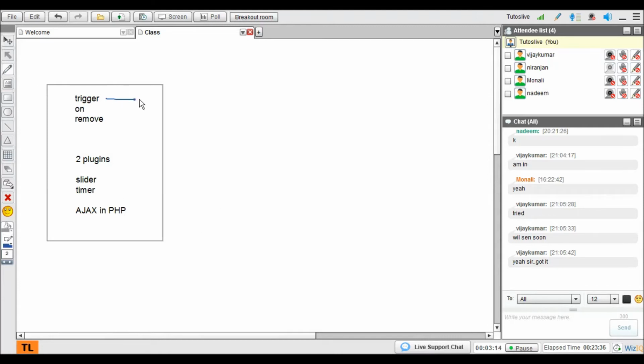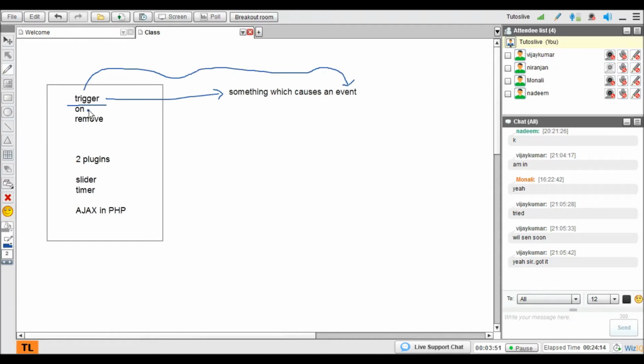What is trigger? You know the jQuery syntax, you know how to write it, right? The actual meaning of trigger is something which causes an event, right? That's what trigger is in general. In jQuery it's the same meaning. Trigger means, when I do some action, please trigger an event. That's what the jQuery trigger does. We'll see an example.